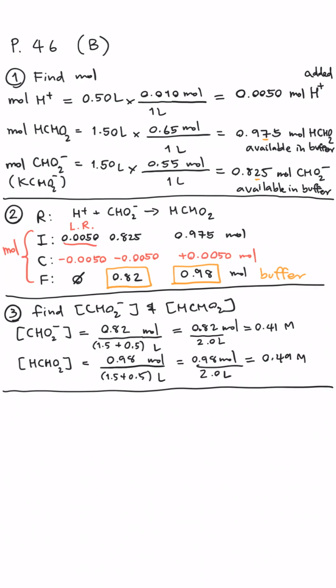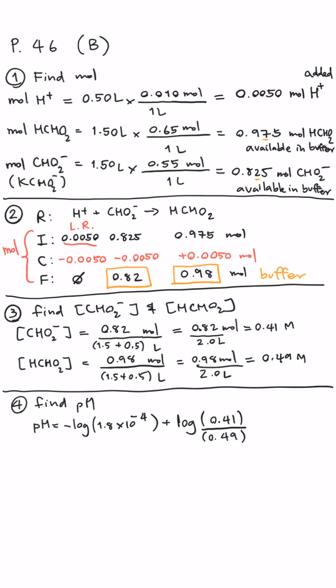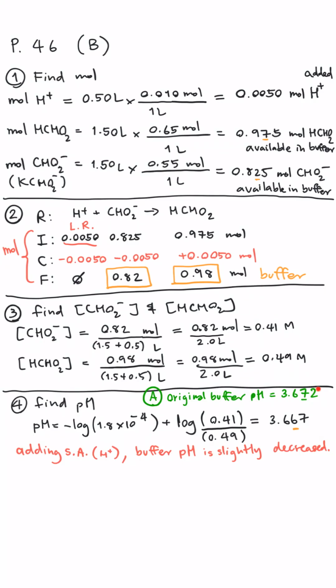The final step is to calculate pH. By plugging in the pKa plus log of conjugate base over conjugate acid, you will see that the pH of this solution will come out to be 3.667. Now, if you compare the pH after adding the acid into the buffer solution to the original buffer pH, you can see that the pH after adding acid is slightly lower than the original buffer